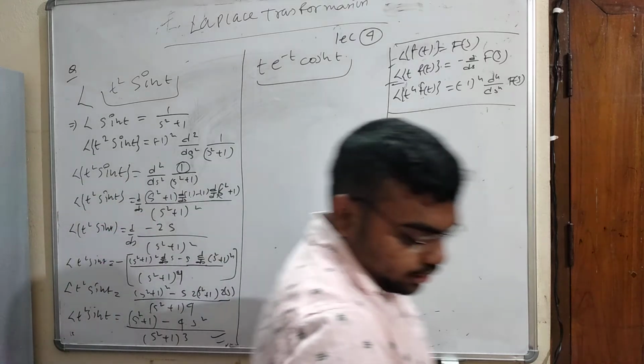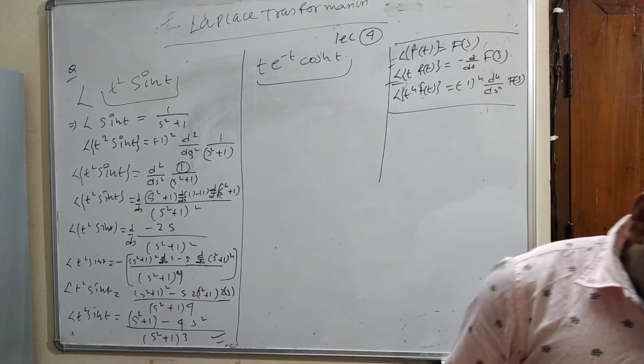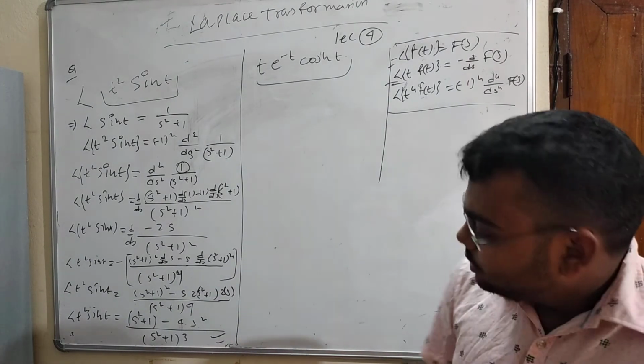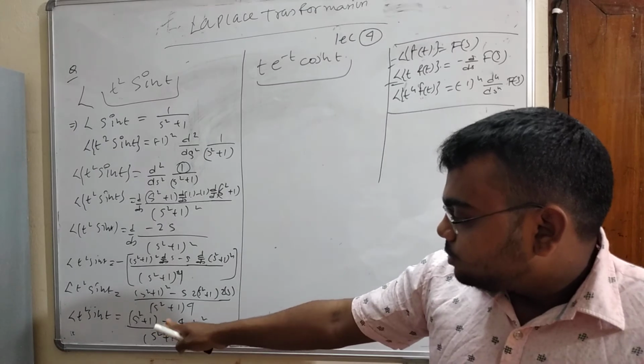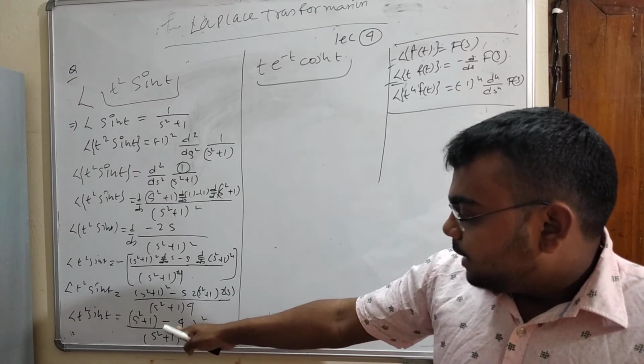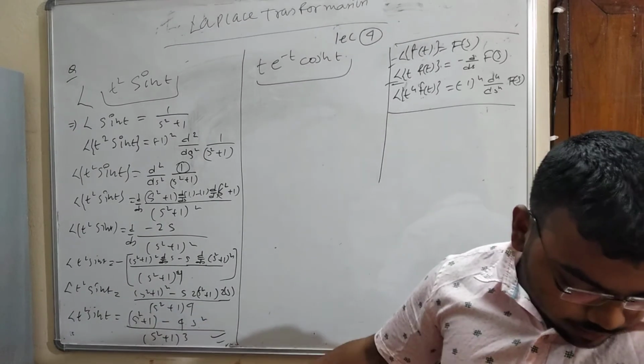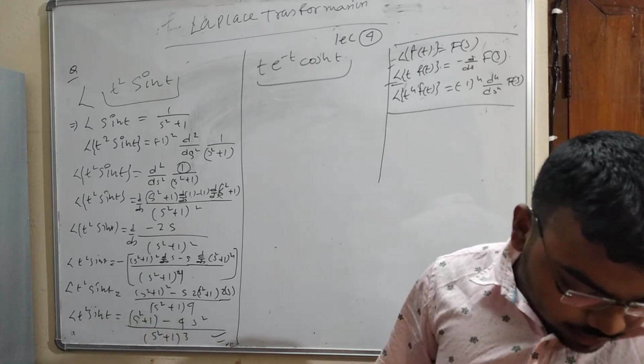So Laplace of t square sin t will be s square plus 1 minus 4s square, and if you simplify it, then you see the value of this will be